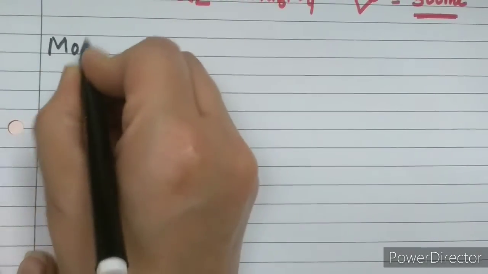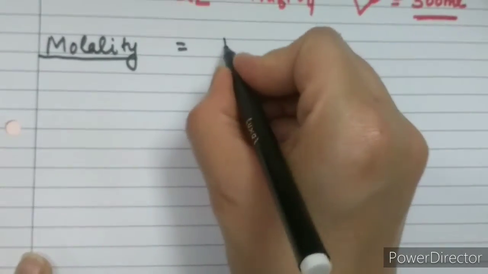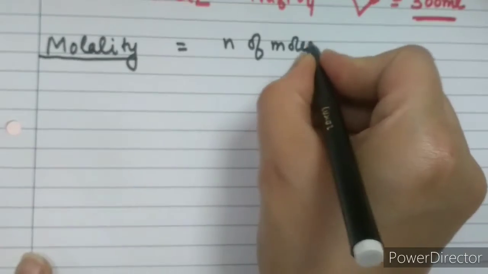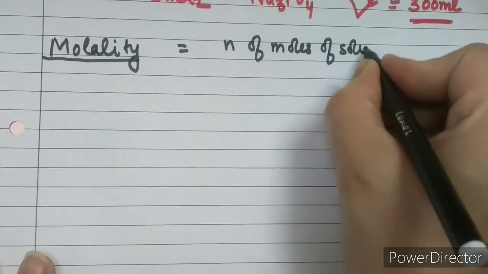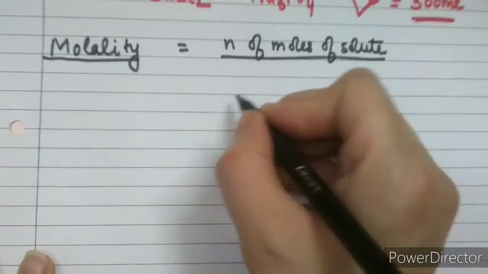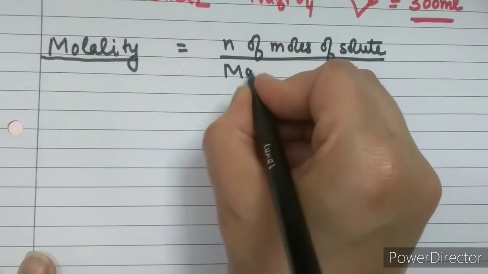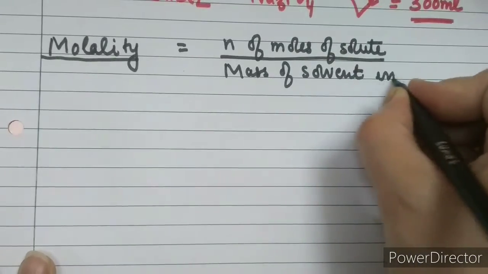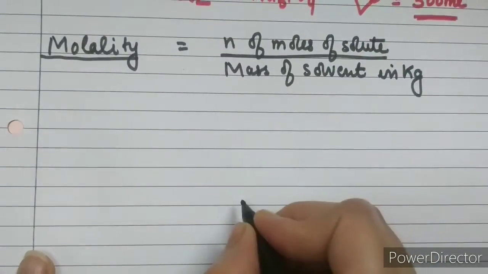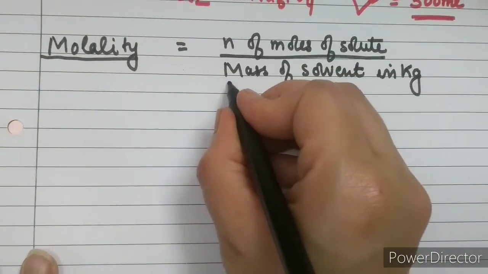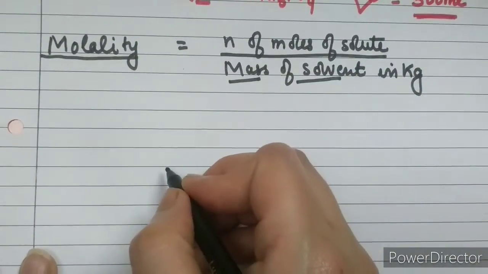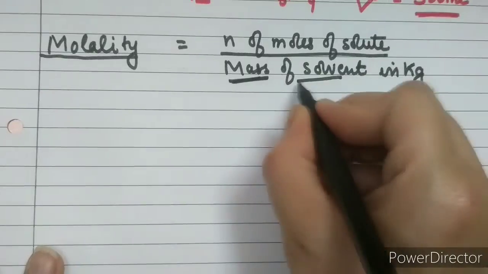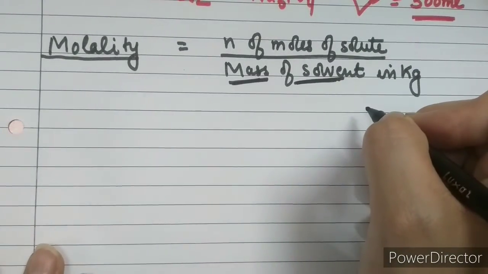The next concentration term is molality. So molality is defined as number of moles of solute divided by mass of solvent in kg. So this is the only concentration term where instead of volume of solution we are using mass of solvent,